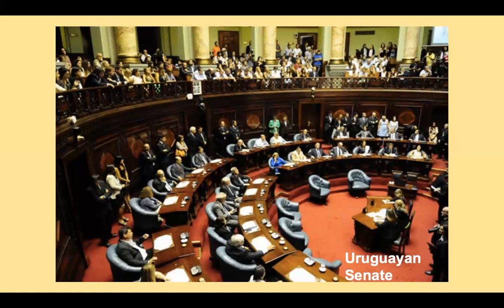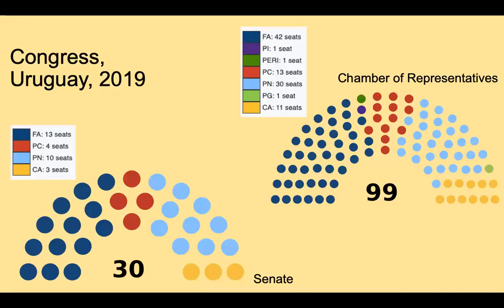They've legalized abortion, they've legalized marijuana and other drugs, they've ended amnesties for individuals who committed human rights abuses during the military regime. They undertook other reforms and other changes that were very progressive in nature and very productive and helped to consolidate democracy in Uruguay. Uruguay is a good example of a very productive Senate or a very productive chamber of a